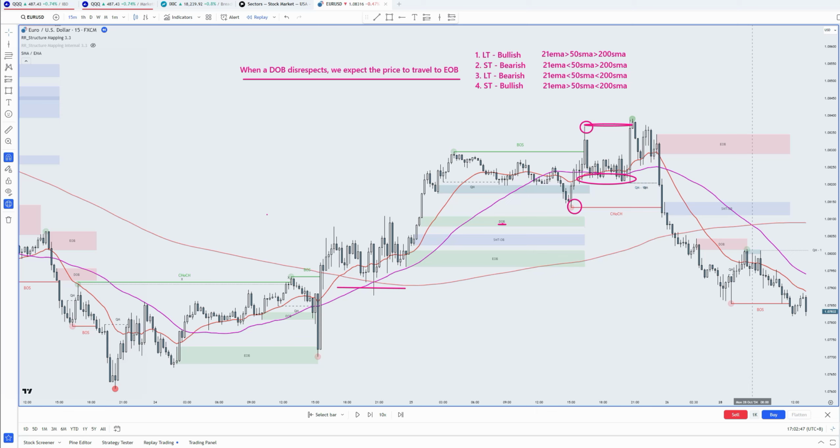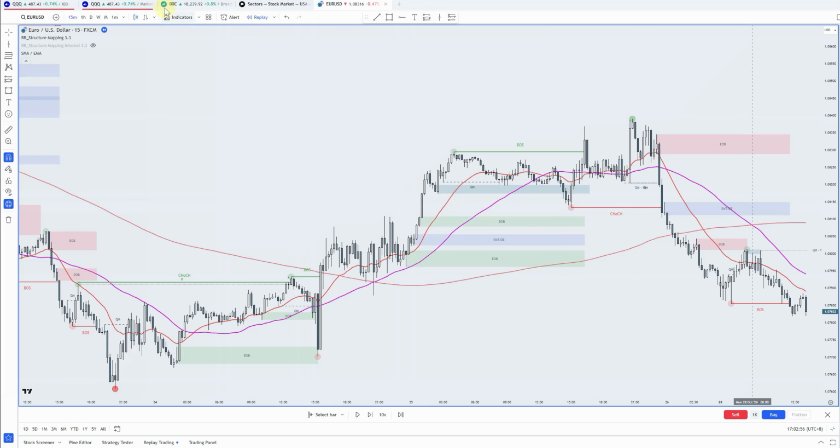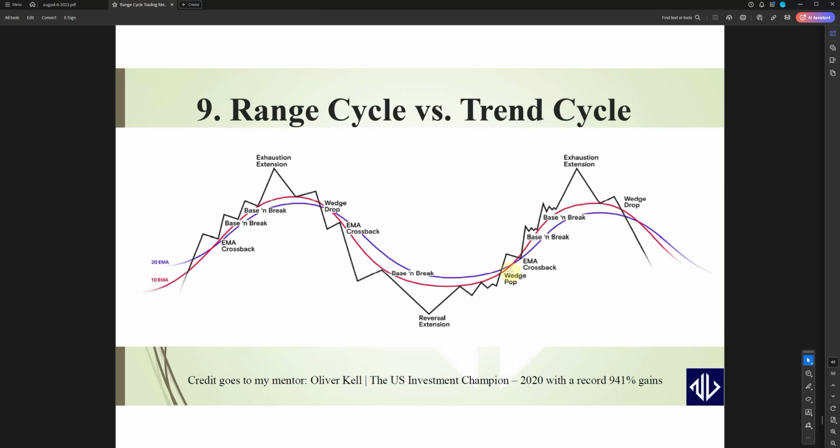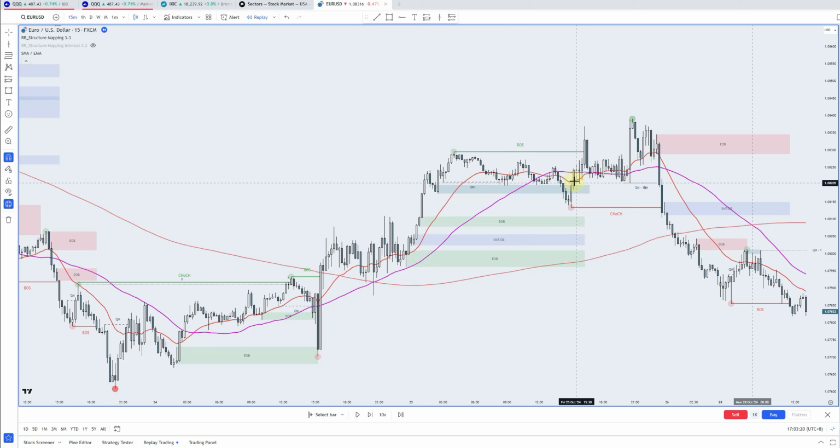And you see that step by step we are going back. Nothing is just cherry-picked. This is how you will use the moving averages. And which I explained here: wedge pop, EMA crossback, base and break, exhaustion, extension. I didn't explain this whole stuff. I think the video is becoming too long. At this moment, I'm going to just finish this video, and maybe in some future lessons I will explain what the remaining parts are, but practice this thing,